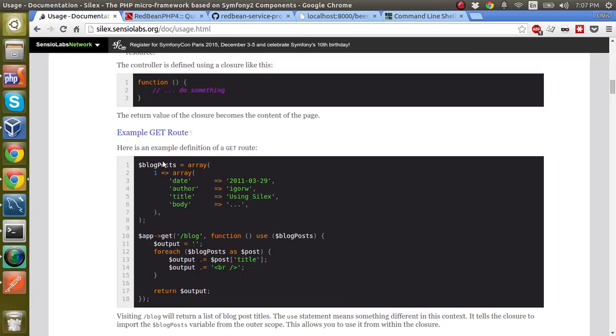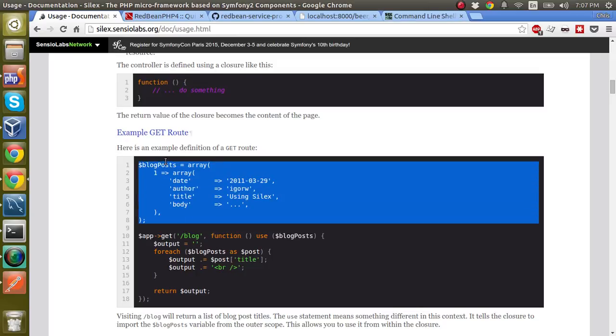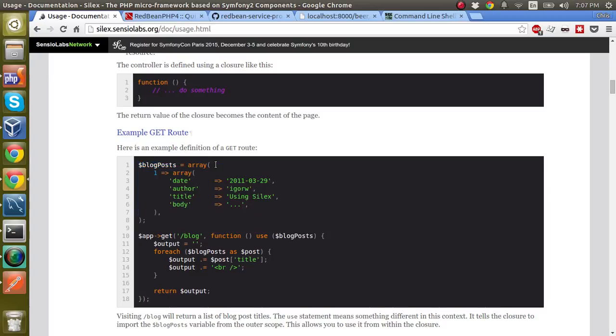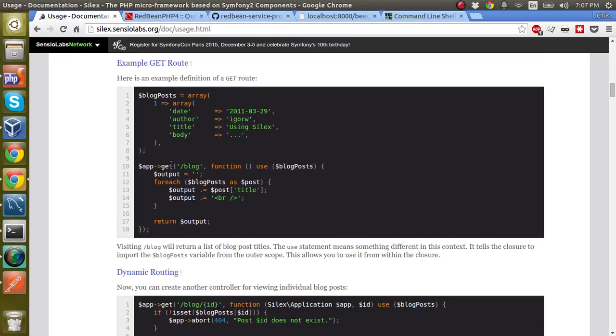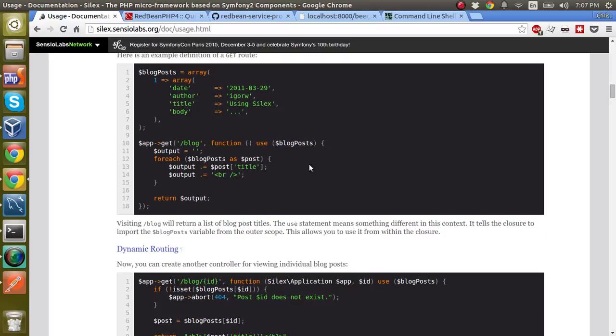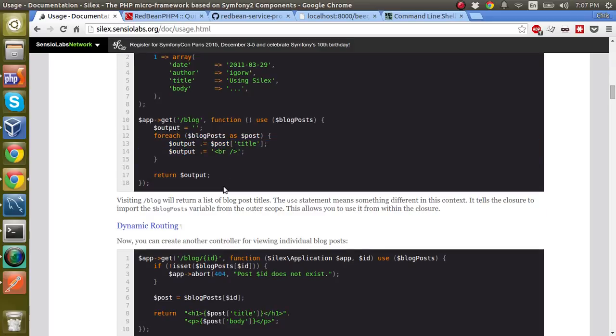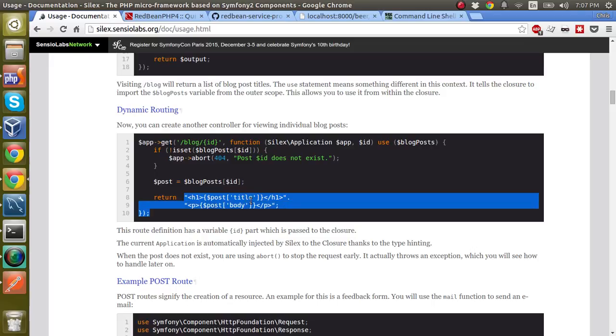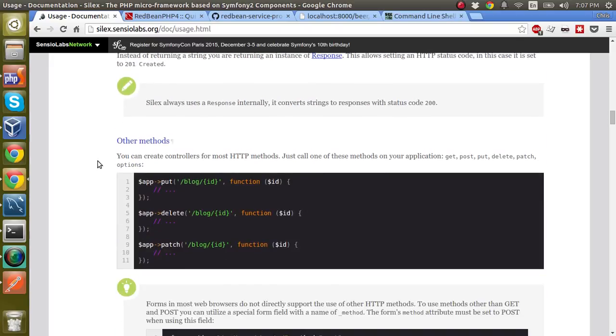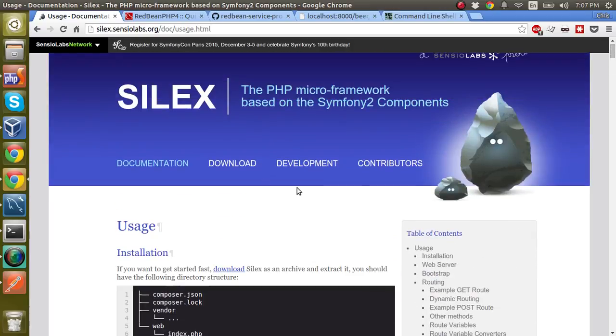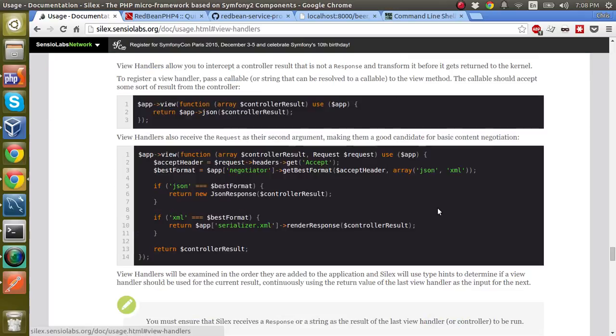So like Igor's example here is you have an array of blog posts. You know, you can imagine this is RedBean with our objects or with our rows in there. And then when someone calls get blog, we call RedBean, or in this instance call an array through it. And then we just loop through and we break out. So we could output it this way all the time. It gets messy. Again, here we're looping through with the post title and body on the different blog stuff, but that gets messy, and we really want to like isolate that view logic from our controller logic. So what you want to look into for doing that, before I make a video for that, is